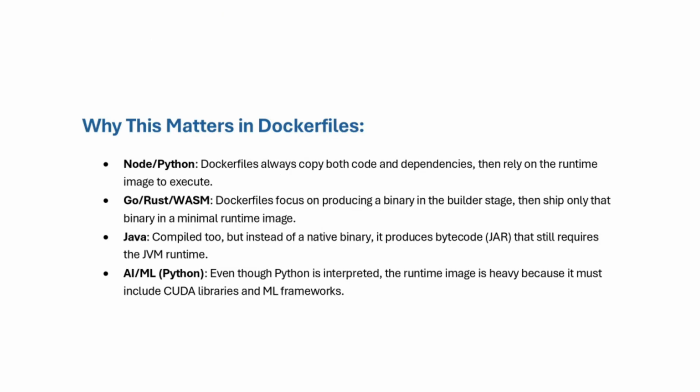So why does this matter in Dockerfiles? In Node or Python, Dockerfiles always copy both code and dependencies, then rely on the runtime image to execute. In Go, Rust, WASM, Dockerfiles focus on producing a binary in the builder stage, then ship only that binary into a minimal runtime image. In Java, we compile too, but instead of a native binary, it produces a bytecode jar that still requires